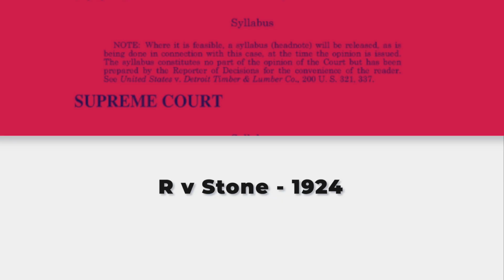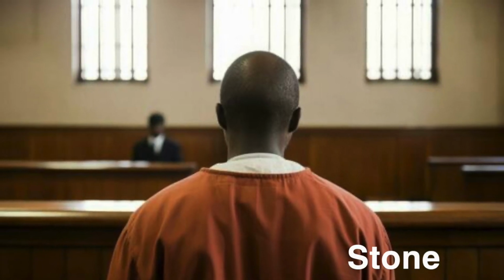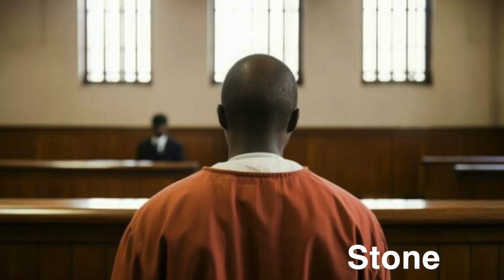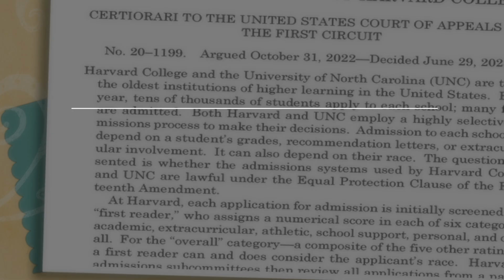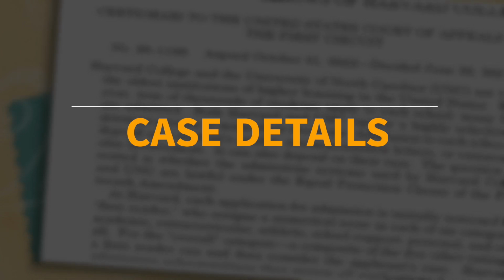Summary of the case, 1924. R. V. Stone is a notable criminal case that took place in 1924. This case involved an individual named Stone, who was accused of the murder of his wife and brought to trial. The details of the case revolved around the events that occurred leading up to the alleged crime and the subsequent